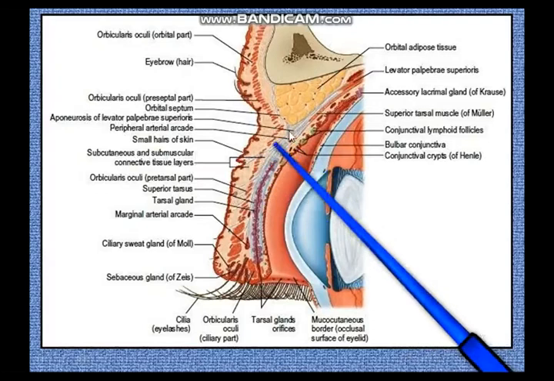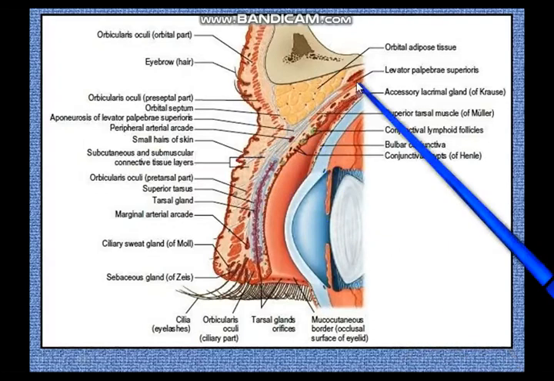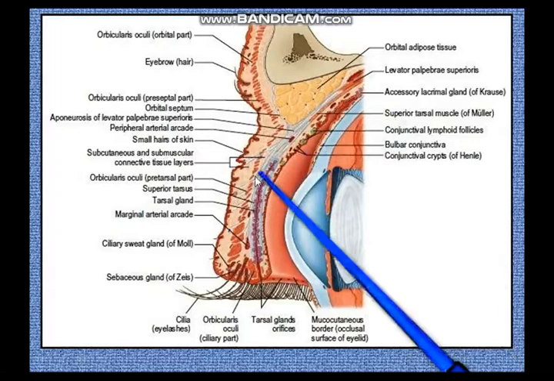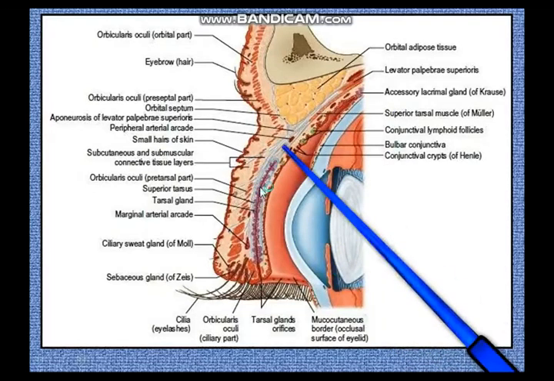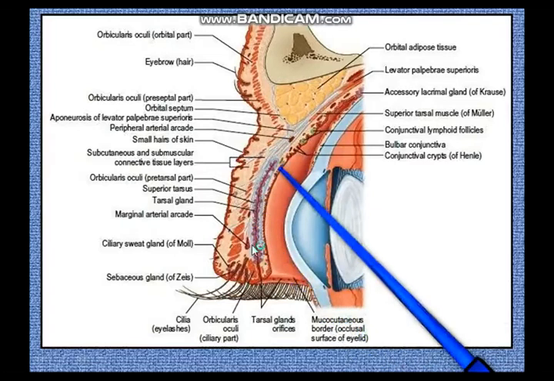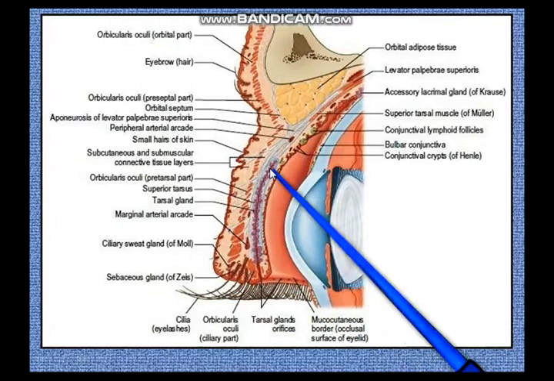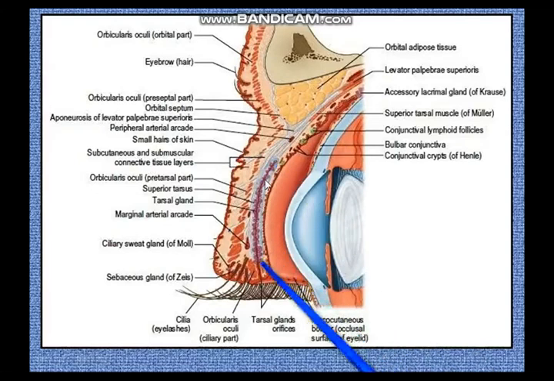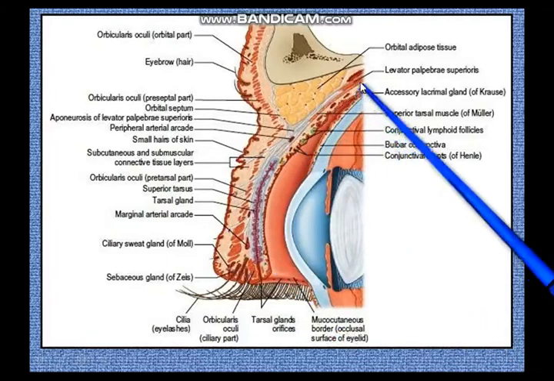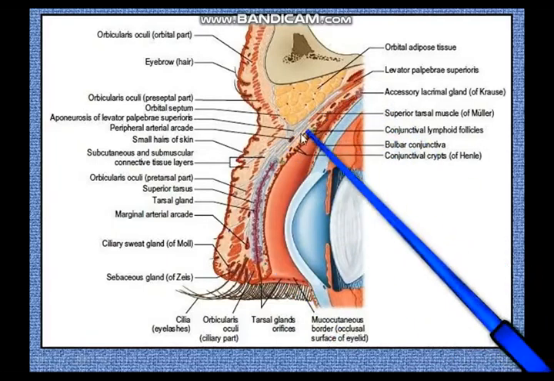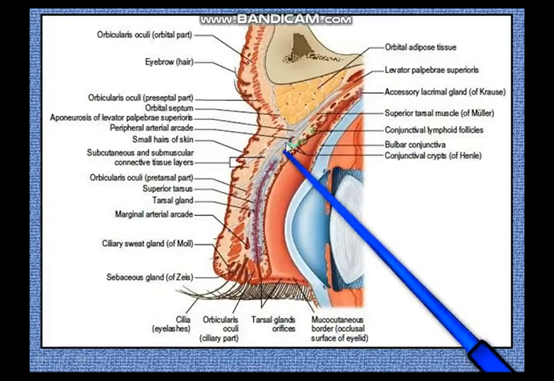connective tissue, and then you have the levator palpebrae superioris aponeurosis, or the fibrous extension of the levator palpebrae superioris. Behind that you have this stiff tarsal plate, the stiff fibrous plate that you know is present both in the upper eyelid and in the lower eyelid. In the upper eyelid it's just larger, in the lower eyelid it is smaller. So this is the tarsal plate that you have, and you can make out that some fibers from the aponeurosis of the levator palpebrae superioris are also attached to this margin of the superior tarsus.